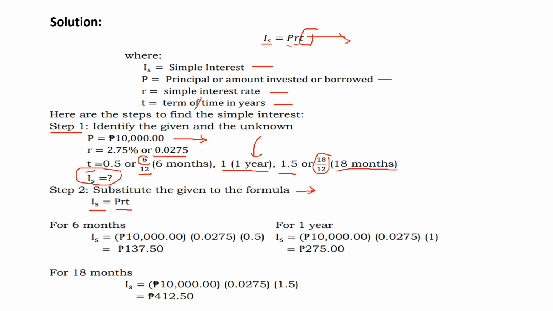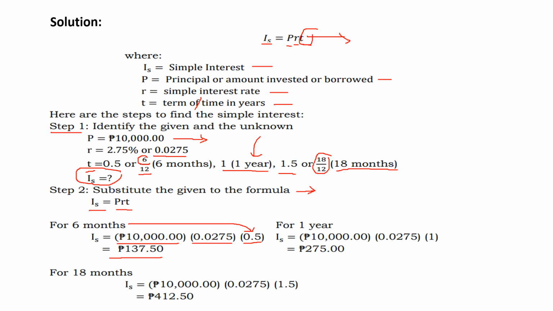So for 6 months, your P is 10,000, your rate of interest is 0.0275, then we multiply it by 0.5, because 6 months is one half of a year. By simply multiplying these three values to each other, the product of these is